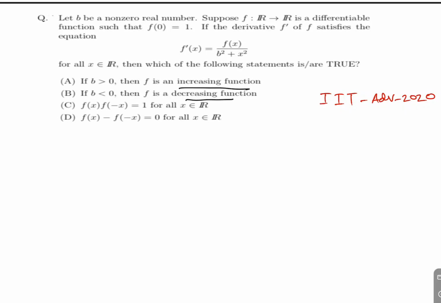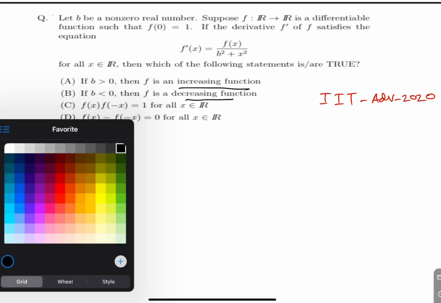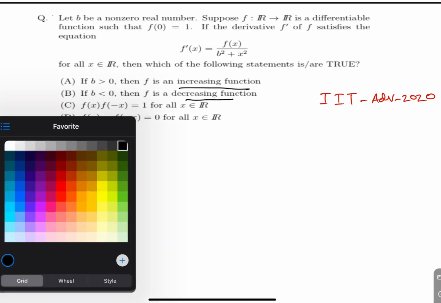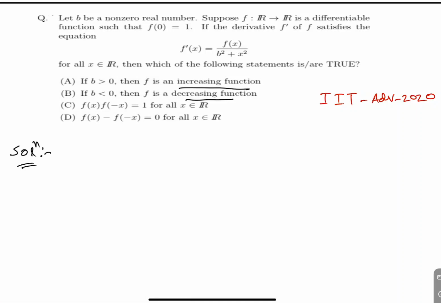Okay, so just proceed with this problem. So students, first we have to remind a very basic theorem of differential calculus, that when a function becomes increasing or when a function becomes decreasing. This is a very basic and important theorem from differential calculus, that a function